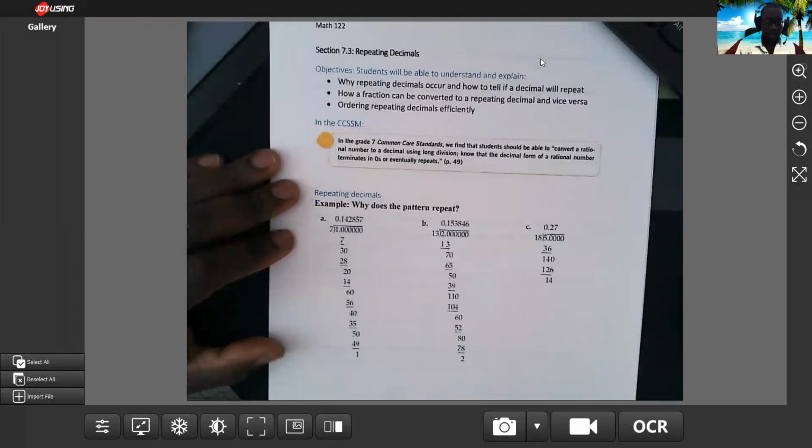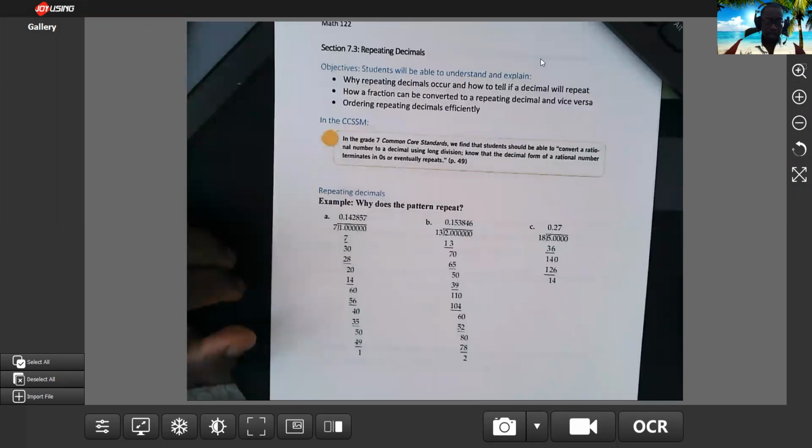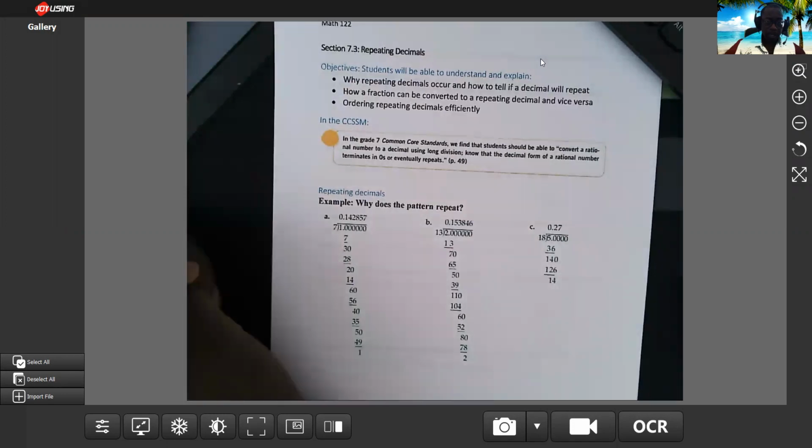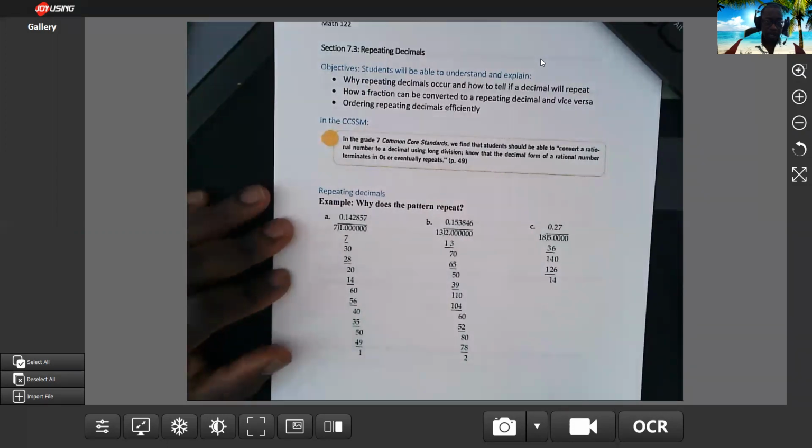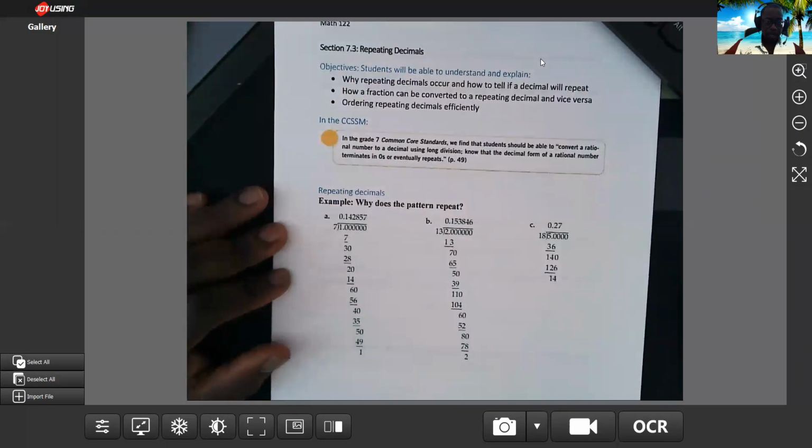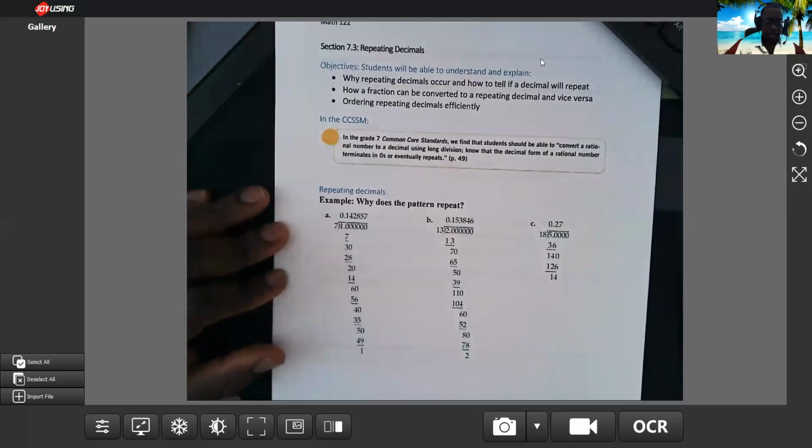Okay, in this section, we're talking about repeating decimals. You want to know why repeating decimals occur and how to tell if a decimal will repeat or not, how a fraction can be converted to a repeating decimal and vice versa, and ordering of repeating decimals efficiently. Okay. Now, from the 7th grade, students should be able to convert a